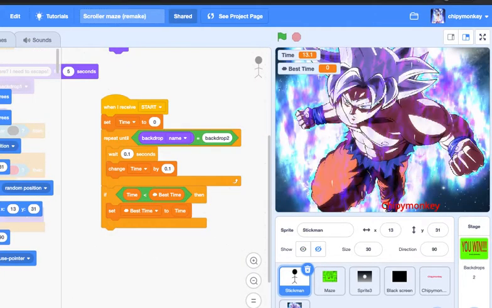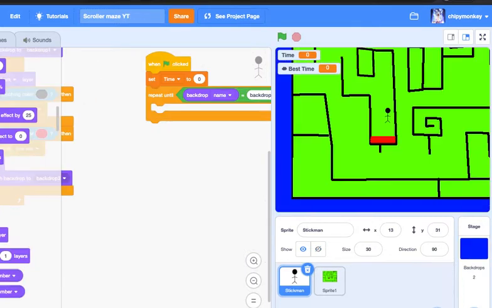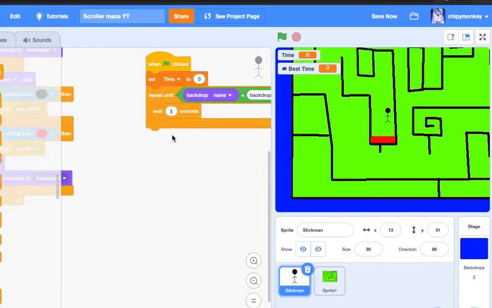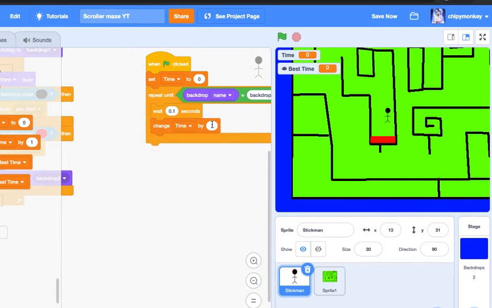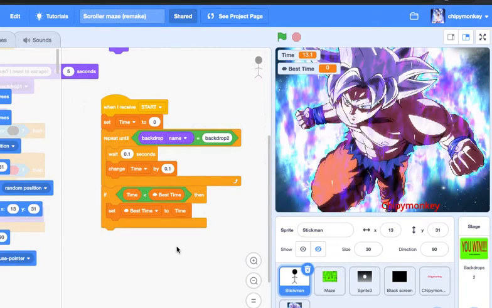So wait 0.1 seconds, change time by 0.1. So wait 1 second, change time. Where was that? Change time. Oh yes, variables. Change time by 0.1. Okay, now we're going to go up here and say